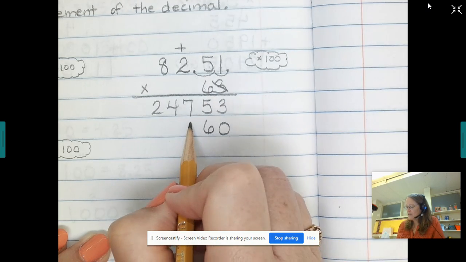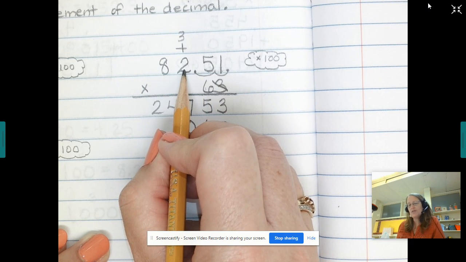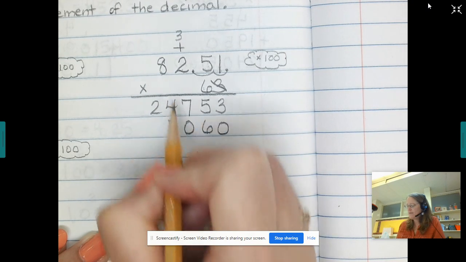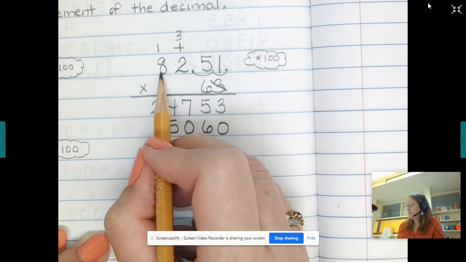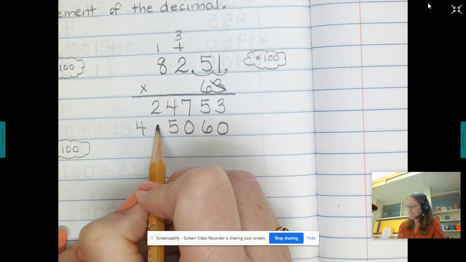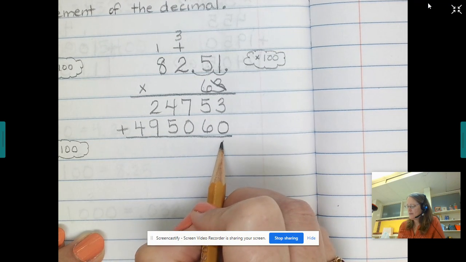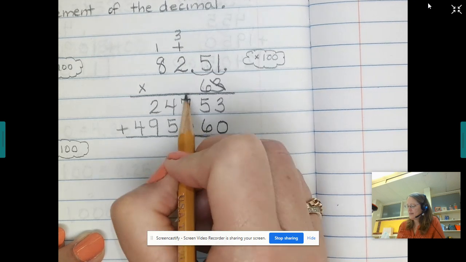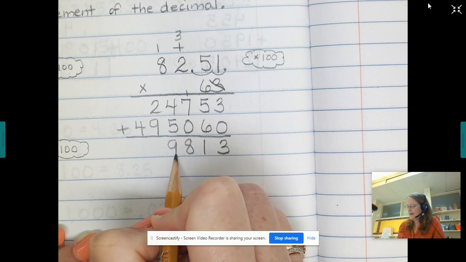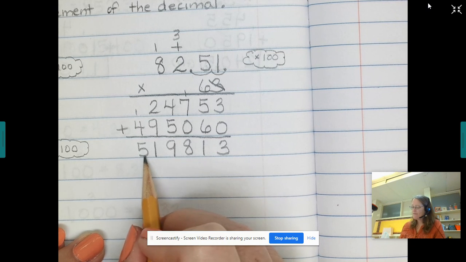6 times 1 is 6. 6 times 5 is 30. Carry the 3. 6 times 2 is 12, 13, 14, 15. Put down the 5. Carry the 1. 6 times 8 is 48. 1 more makes 49. Add your partial products. 3, 11, 8, 9, 11. Oh my goodness,